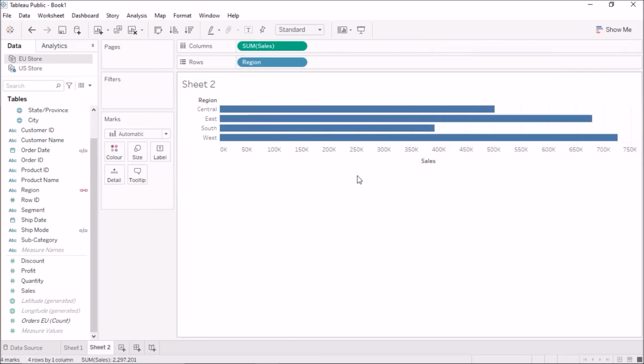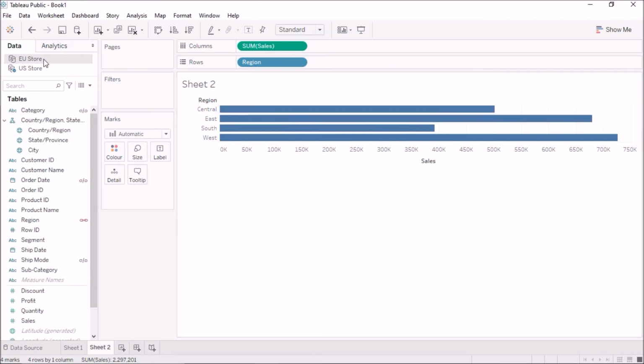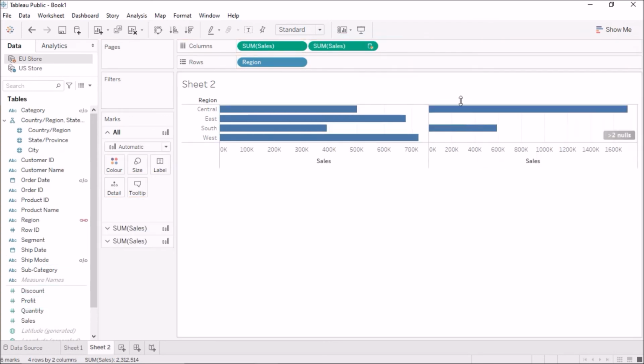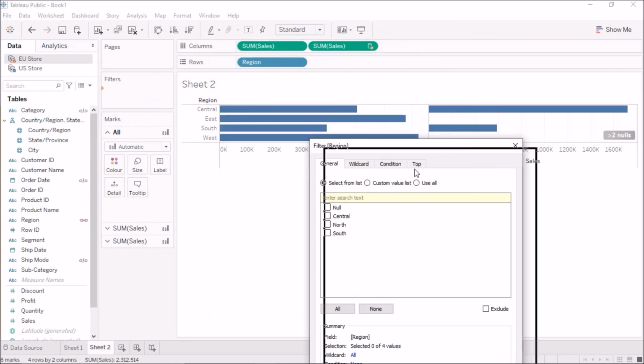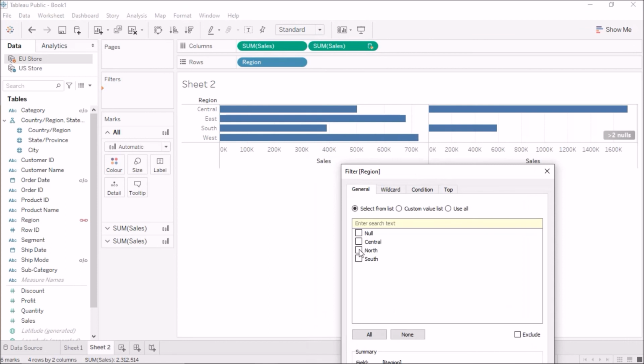So let us see what happens. So ideally I should have south and central data only from the European market. So since I'm in the European market, I'll drag the sales here, and now I have only central and south data. I do not have the data for the west and the east. Okay, so I'll just drag this again here, and I'll see what data have I lost. I have lost the data for the north region, right? Because the American market did not have a north region, and hence the European market has also lost that data.